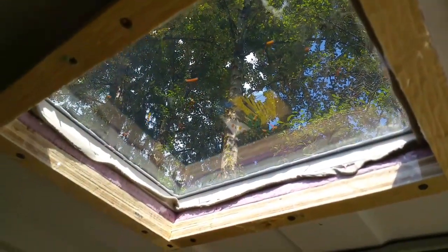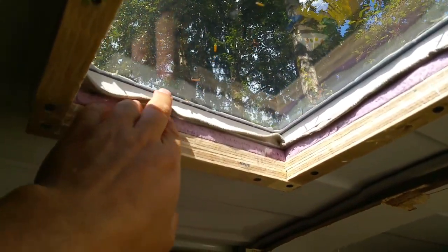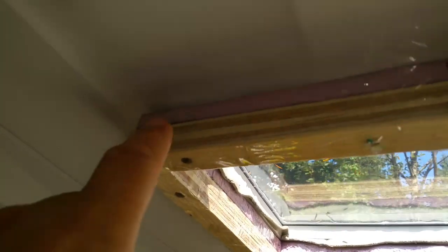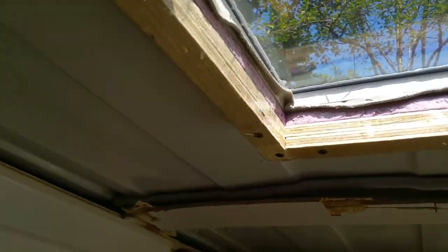So here we have the skylight. I still have to take this butyl tape off. What I'm going to do is take it off, and I've got a big gap right here, if you can see that. I'm going to fill this gap with butyl tape. And I'm wondering about that. People that are in the know, let me know